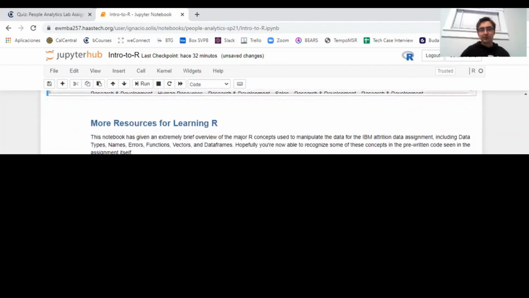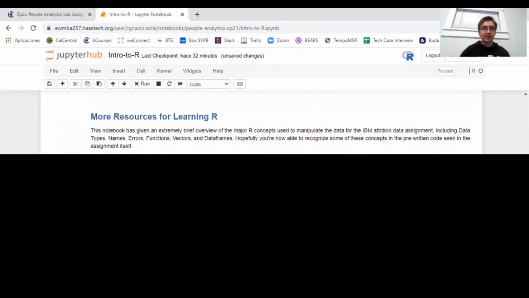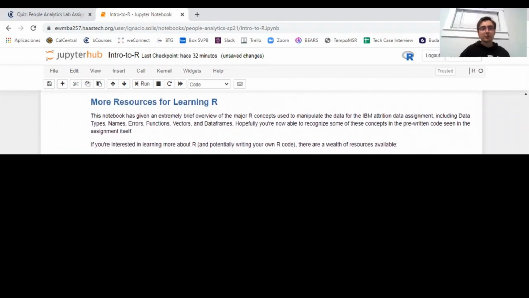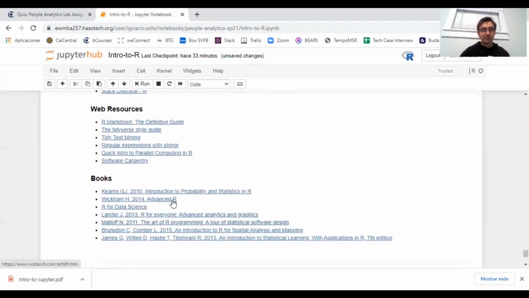There are many resources if you want to learn more about R. As I told you before, we don't expect you to have any previous programming experience, and you can learn a lot of programming. So this all depends on how interested you are in this. Also, I suggest you explore these books. There's a lot of content, so you won't probably be able to analyze this during the course,